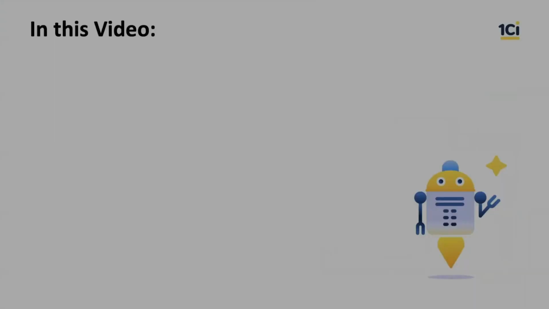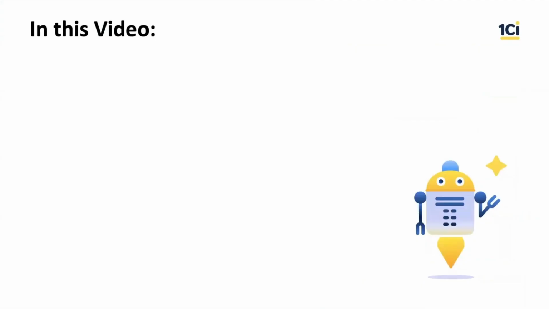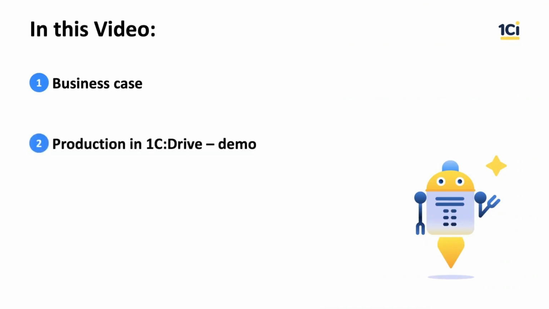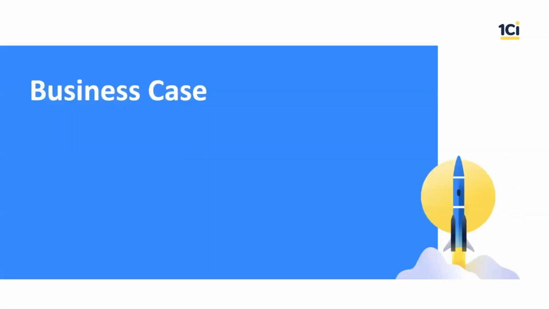In this video, we're going to see how to effectively manage production processes on OneSeed Drive. First, we'll learn about a business that trusts OneSeed Drive with its production management system. Then, step by step, we'll go through all the processes, starting from the setting up of company parameters to planning production and analyzing results. We'll also discuss the reasons why multiple businesses all over the world trust the OneSeed Drive ERP solution. Let's have a look at the business case.